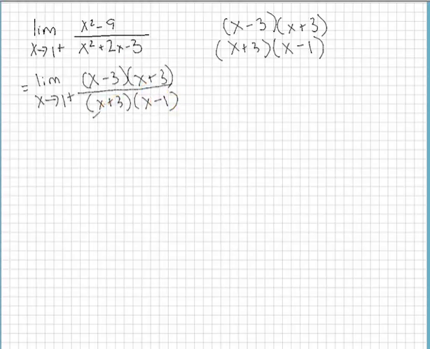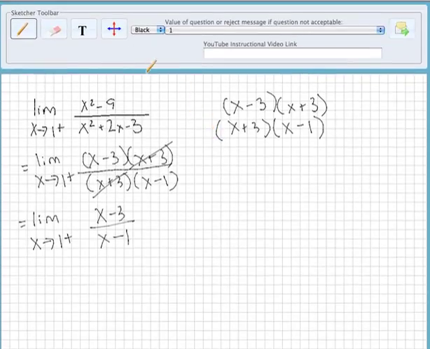We can cancel factors here. So we end up with the limit as x approaches 1 from the right of (x minus 3) over (x minus 1). Now, as you can see, this is now irreducible, but we still end up with a 0 in the denominator. So when that happens, we're going to go ahead and look at, first, what type of limit do